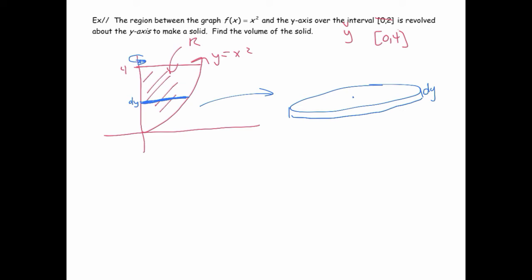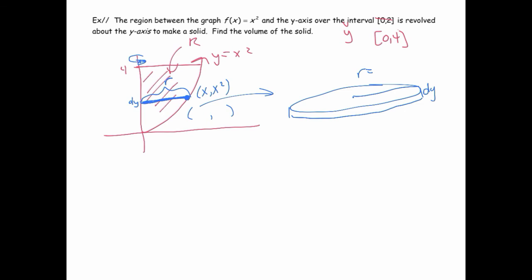My radius now is this distance here, right? Because when you rotate it around, that'll be half the diameter of the disk. So that distance there, that is an x distance. However, I need to describe it in terms of y. So let's just analyze this point right here. What would you call this point? Well, you could call it x comma x squared, because the y coordinate is x squared. But you could also call it,